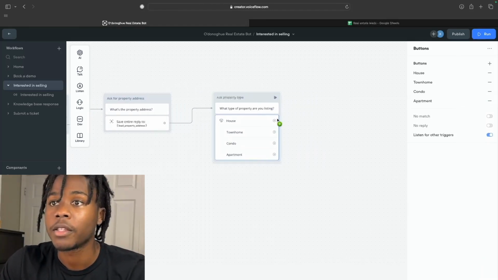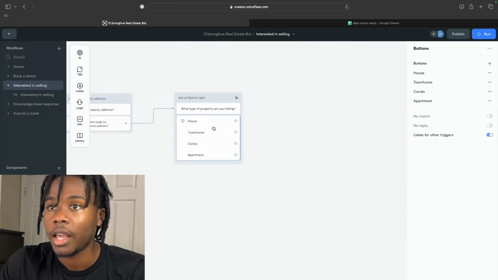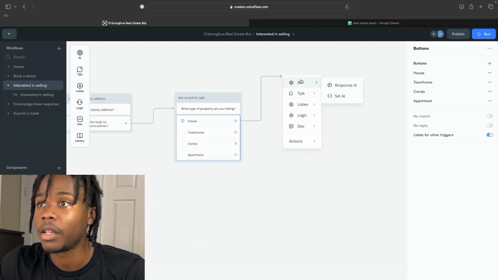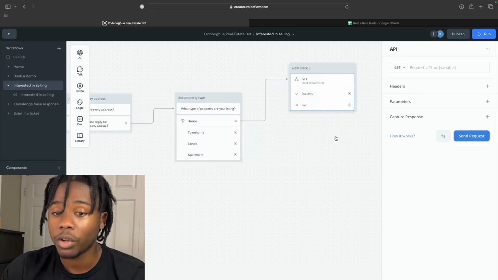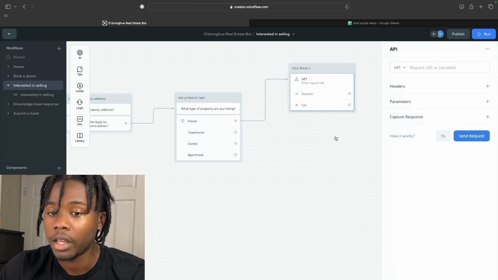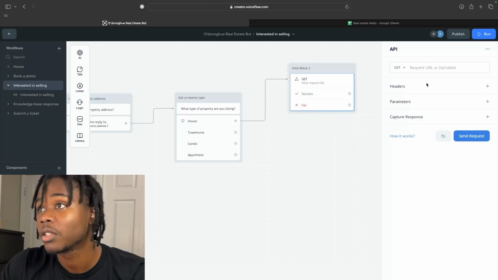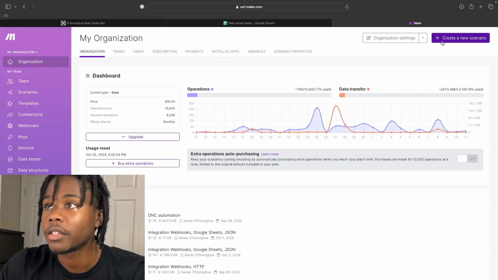Okay. So now this is the final message, and it's going to give them a list of things to select. But regardless of what they select, it'll change the data, but this next step will be the same across all of them, and it's going to be an API call. We're going to give this information to make.com so that make.com can upload a Google Sheet. So let's go ahead and head over to Make. All right, so